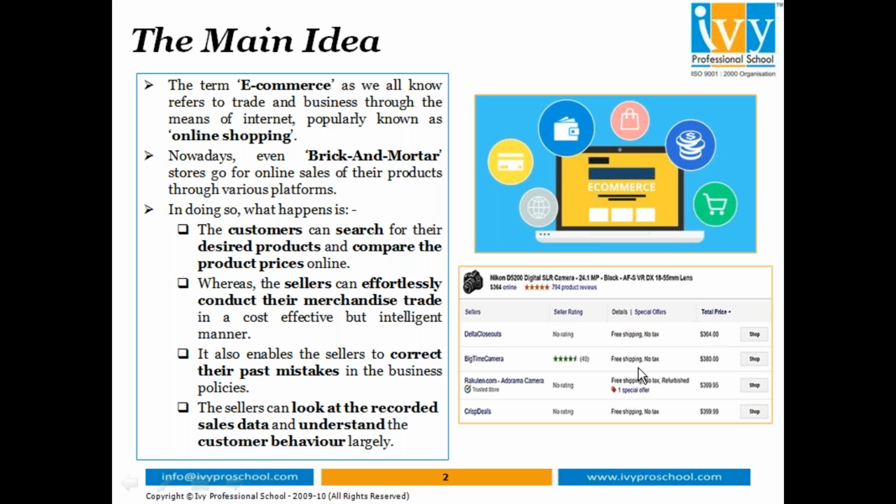Earlier, Amazon.com used to do this. They used to compare prices of the same product across various other related sites, e-learning, e-marketing platforms. So what happened? The same product that you see over there has different prices across different platforms, right? So Amazon used to guarantee the consumer that this is the lowest price available